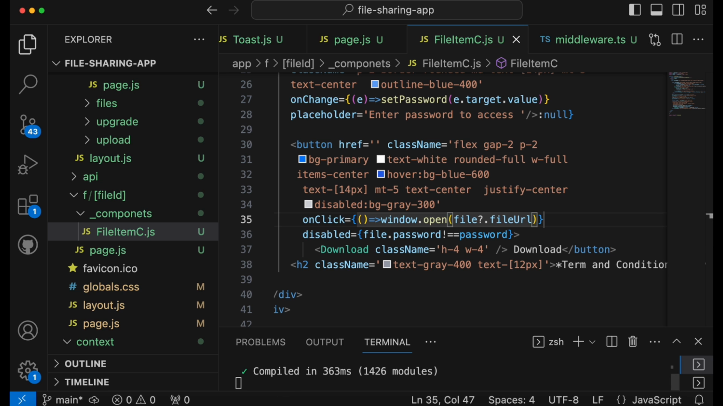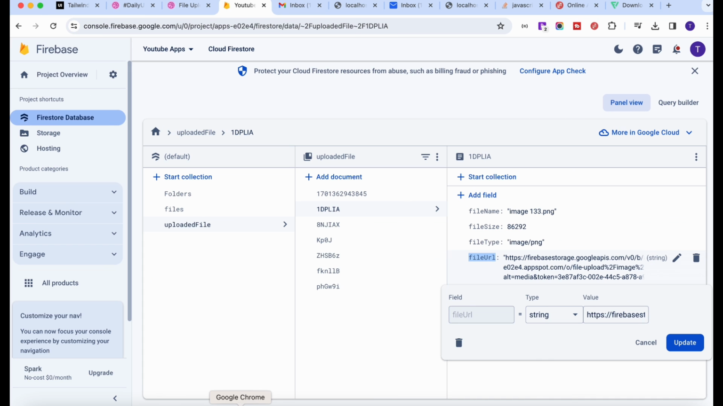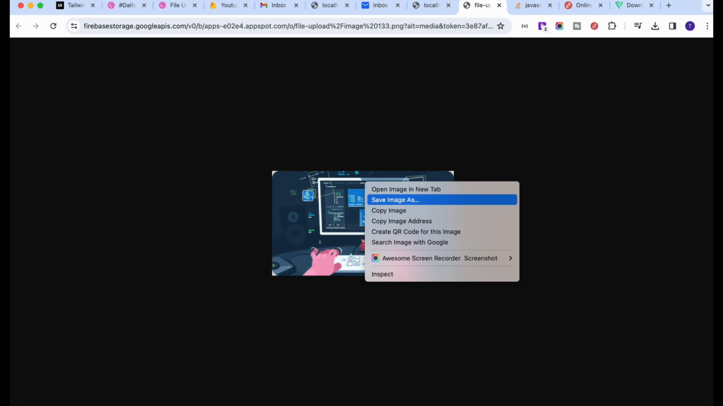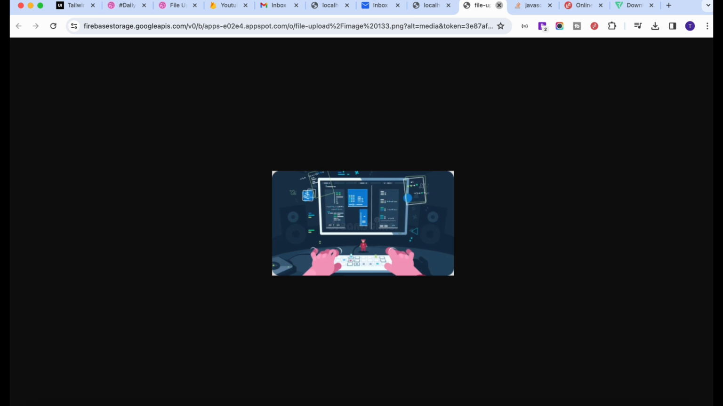Okay, perfect. Now let's open this one, our application, and now if I click on download, it will open a new file with the image, and obviously you can just download it, as simple as that. Okay,